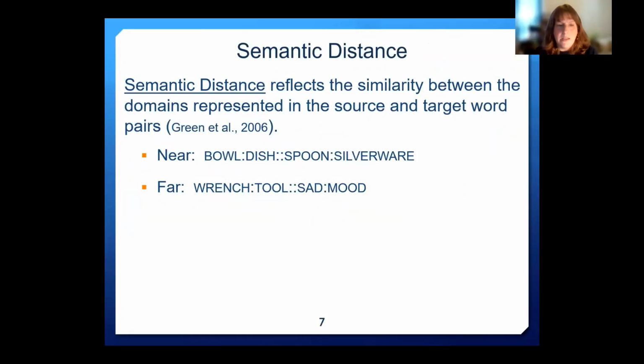So you have the near semantic distance analogies where the AB and the CD pairs are both within the same thematic domain. Both represent a kitchen theme. And both of the objects, if they're not perceptually similar, or featurally similar, then they're thematically in the same place. And then the far analogies were in 2 completely different domains. So wrench and tool and sad and mood, both sharing the same relation, but no similarity really or association to speak of between the A and C terms and the B and D terms,